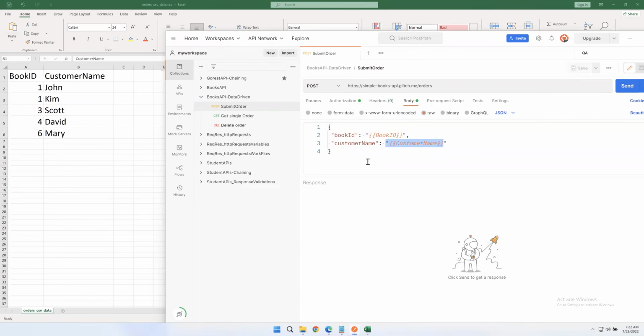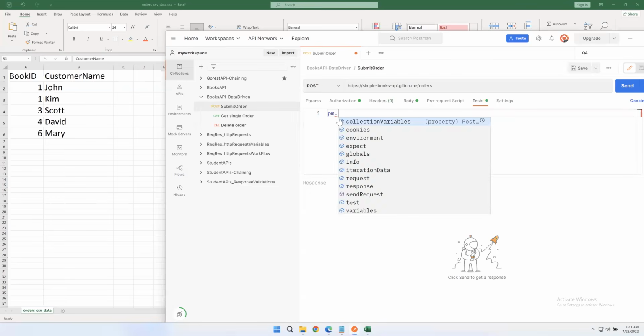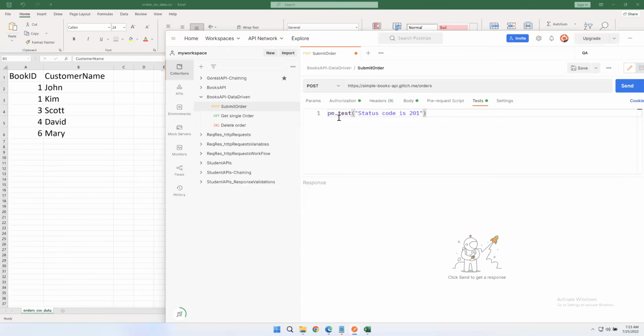The only thing is we have to specify the column names in the request. Suppose the request is successfully done, we should also verify that request. So now we go to the test section. In the test section, first we will verify the status code. How to write the statement here: pm.test, guys remember, and I'm writing one arrow function here to verify the status code. I can say the status code should be 201, because it's a post request, so most of the time it will create